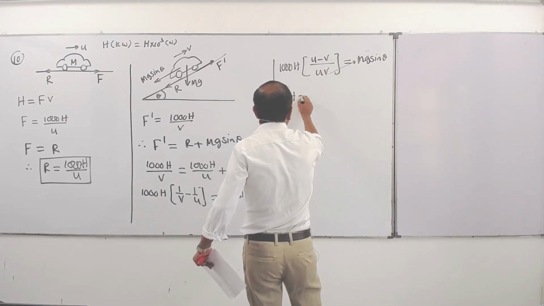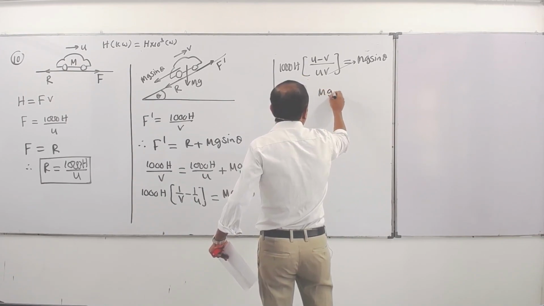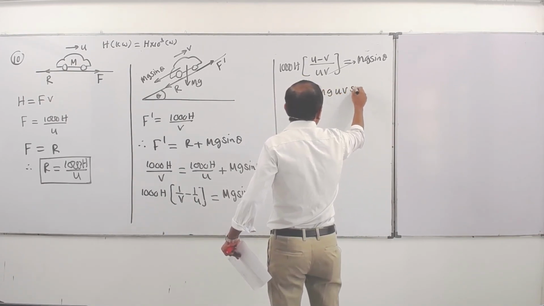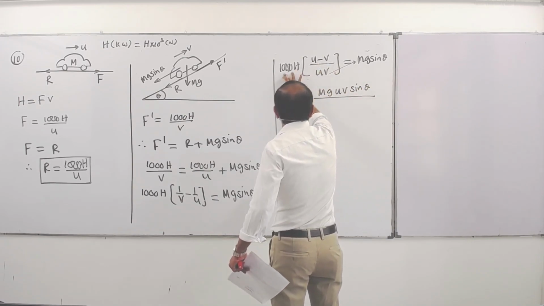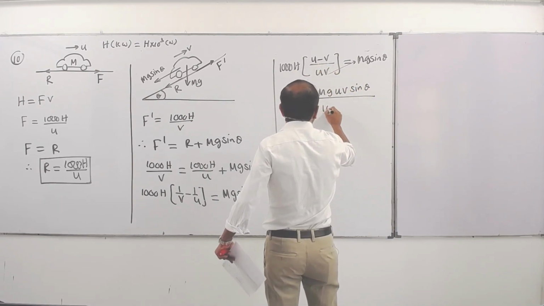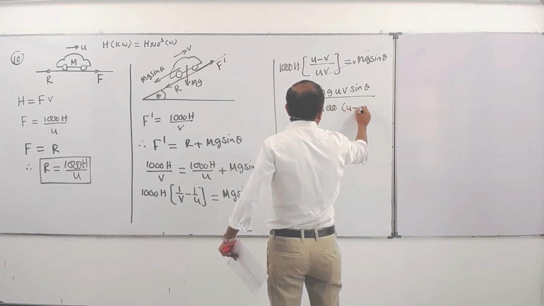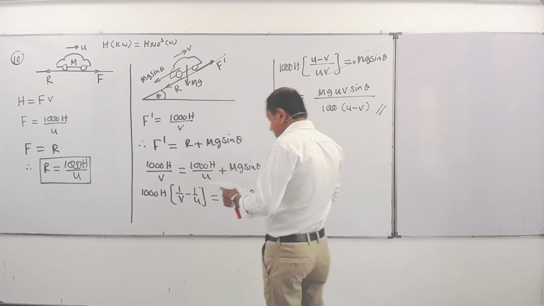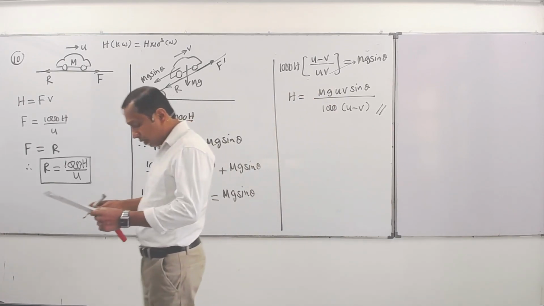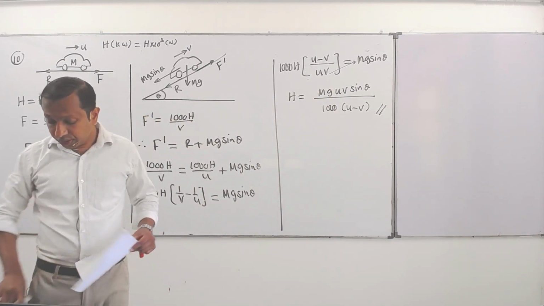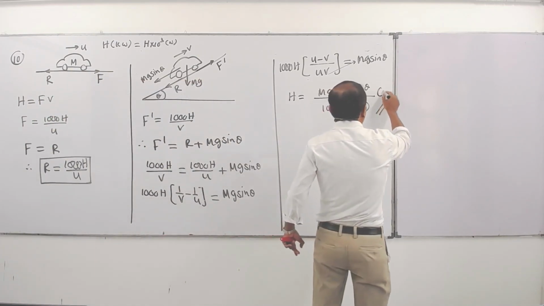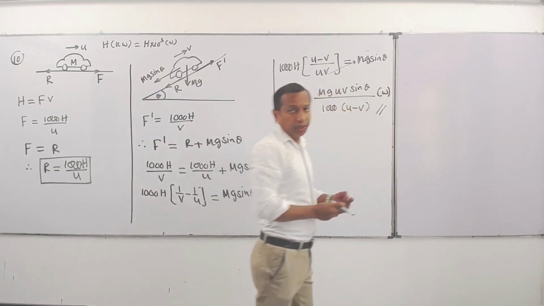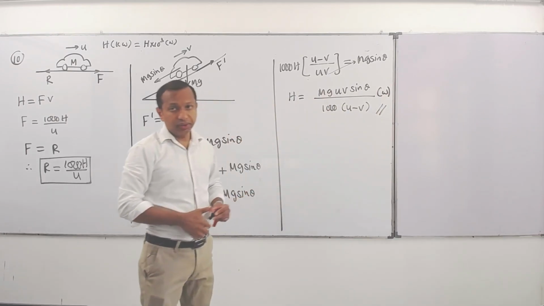Subject H: H is going to be mg u v sin theta over 1000 times u minus v. So this way we get that answer. That comes in terms of what? Correct? In watts only it comes. Right. So this is the end of the